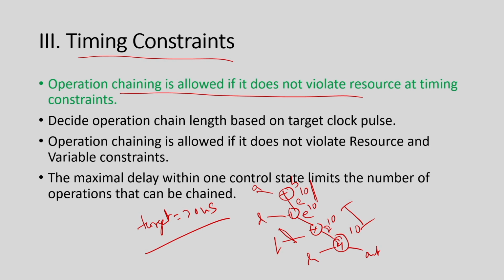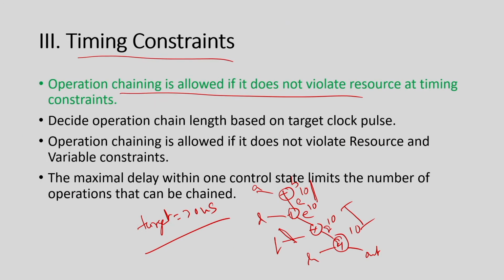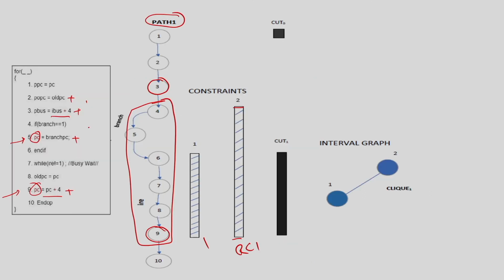In our example there is no such timing constraint, because there is only one addition operation and all others are assignment operations. But you can actually have many such timing constraints. So, what am I going to get after these 2 constraints? I will take a path, because it is taking one path and scheduling it.